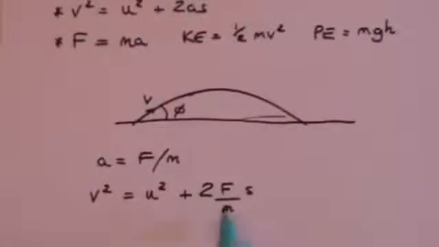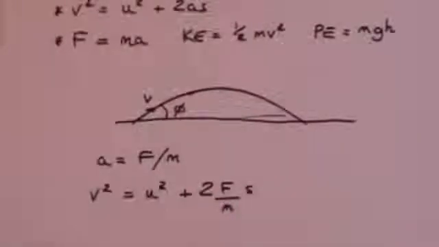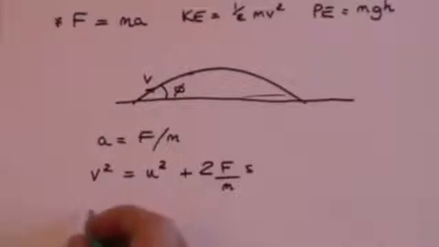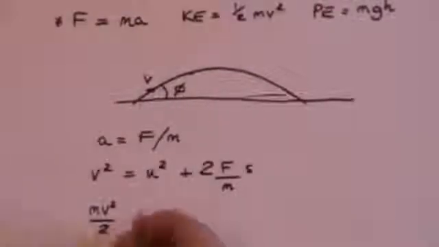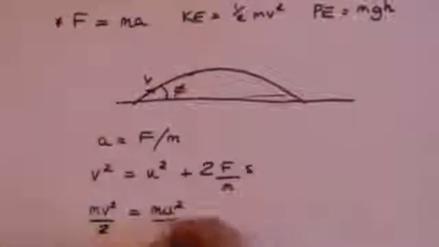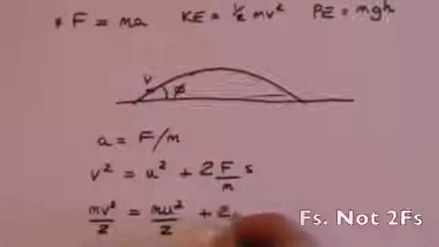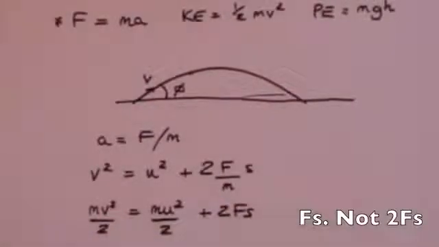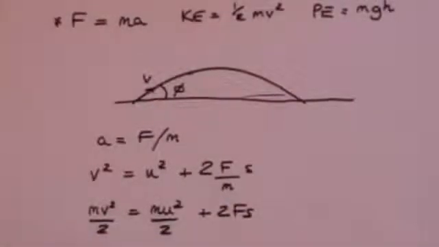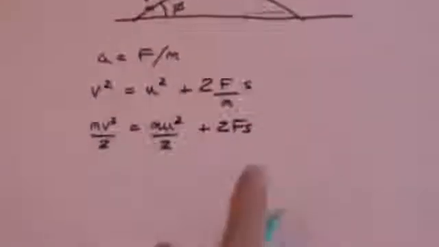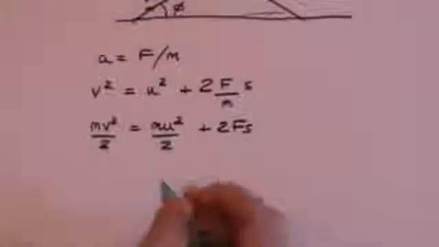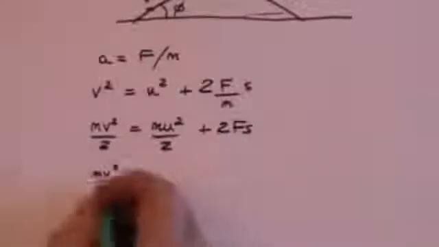And now if I multiply through on all sides by m over 2, I will get that mv squared over 2 equals mu squared over 2 plus 2Fs, simply by multiplying through by m over 2. And now by taking the mu squared over 2 onto the other side, we get mv squared over